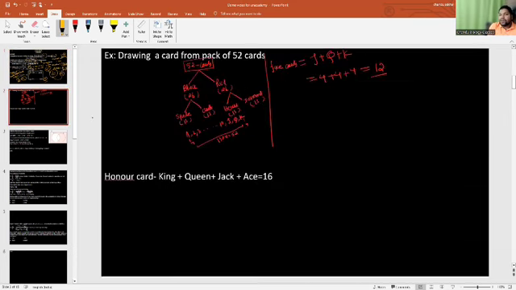Now come to the sample space for cards. There are a total of 52 cards. In that there are 2 colors, black and red. Black is 26 and red is 26. Black is divided into 2 types, spade and club. Spade is 13 and club is also 13. Red is divided into 2 types, heart and diamond, respectively 13 and 13. Correct. So you have 13 cards, starting from A to K, and each card has 4. So I can say that 13 into 4 is